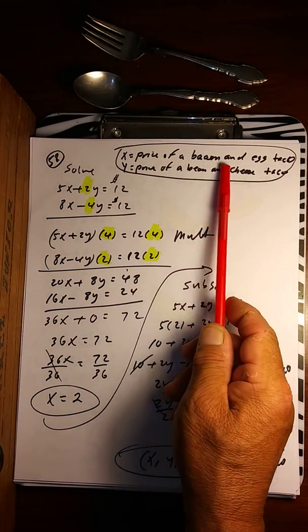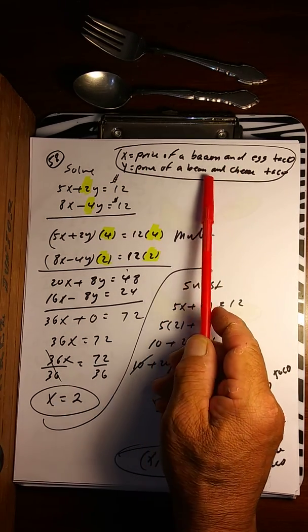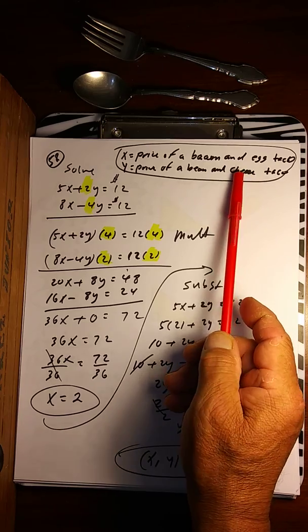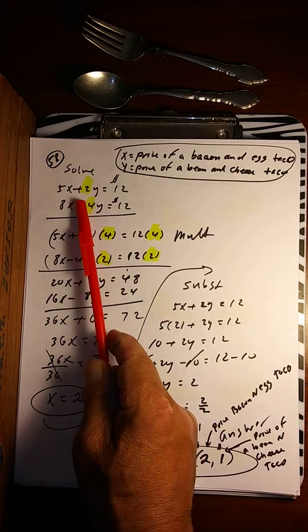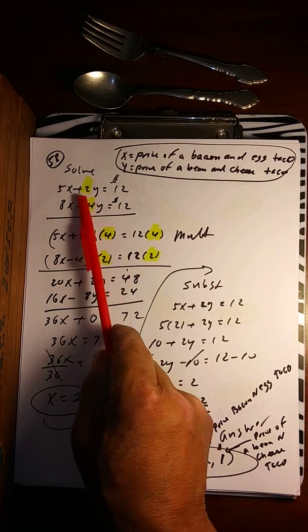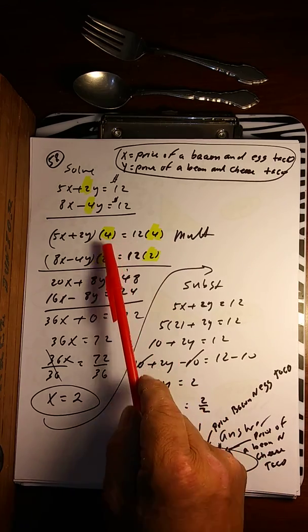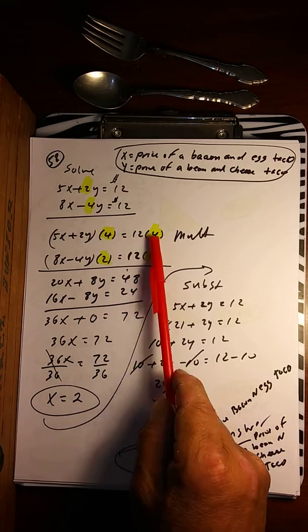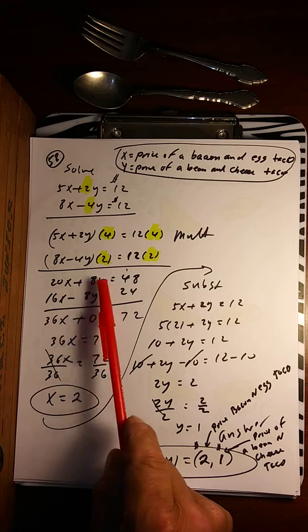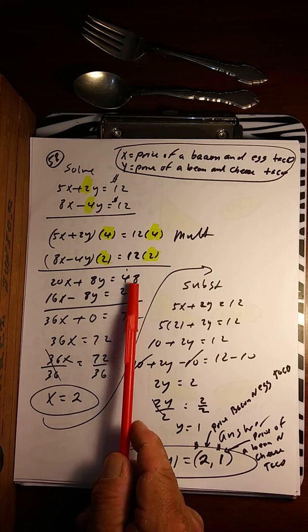X is the price of a bacon and egg taco. Y is the price of a bean and cheese taco at Mama Margie's Mexican Cafe, of course. So we have these numbers. Flip these numbers around. 4 and 2. 4 and 2. So 4 times that, 4 times that, 2 times that, 2 times that becomes this. 20x plus 8y equals this, and now